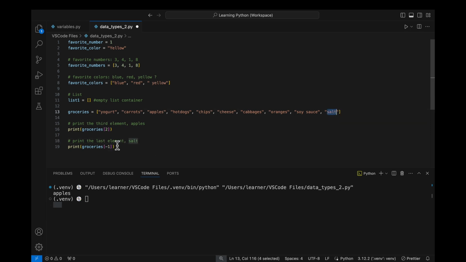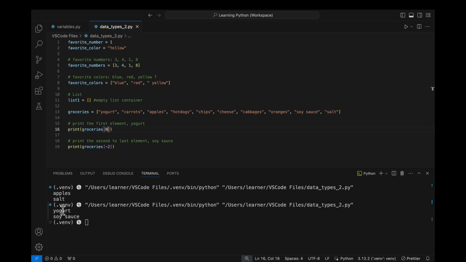We can also expand this logic here. If we want to access the second to the last item, we do -2 instead, and so on. To access the first element of the list, we specify 0, like this. There are many more uses and methods for lists, but for now, let's move on to the other data type